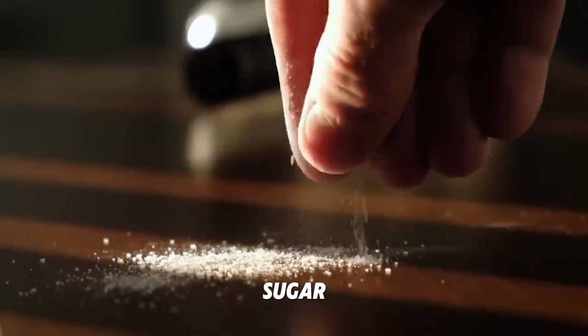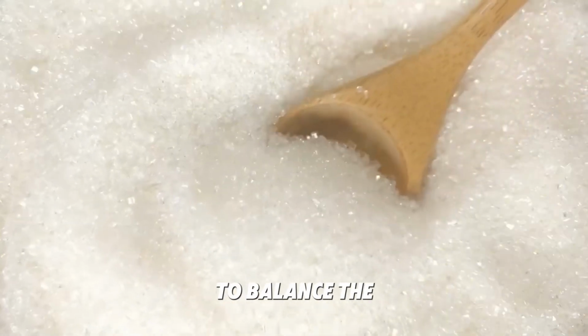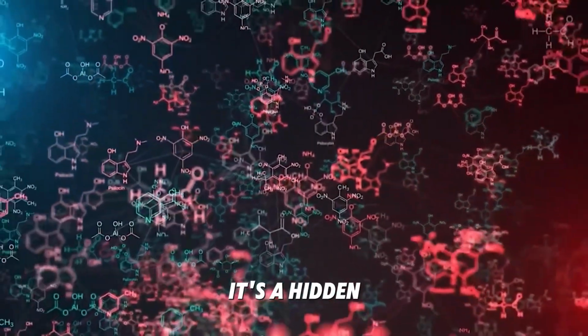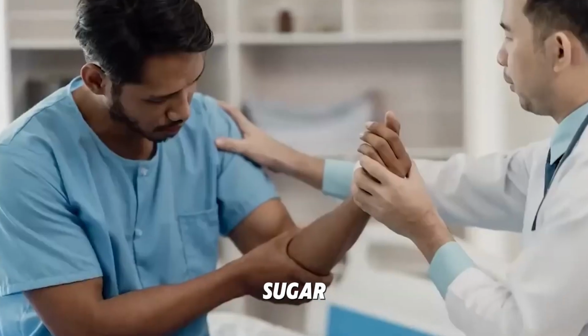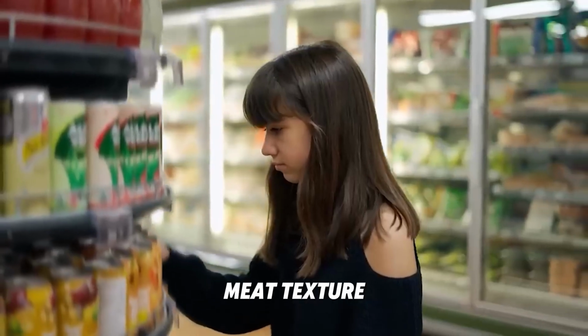Then comes the sugar. Many canned pastas include added sugar or corn syrup to balance the acidity of the tomatoes. That sweetness isn't just for flavor, it's a hidden calorie bump that hits hard when added to a diet that's already juggling blood sugar. Canned pasta also brings the trifecta of chemical additives: phosphate stabilizers for meat texture, nitrites to